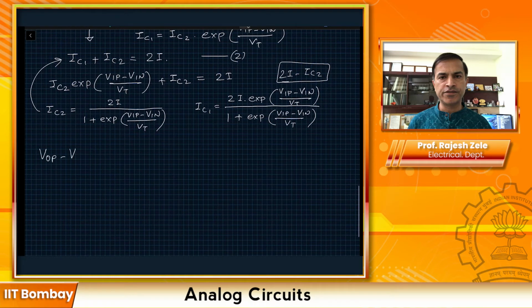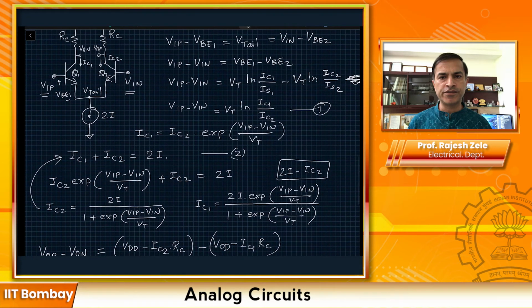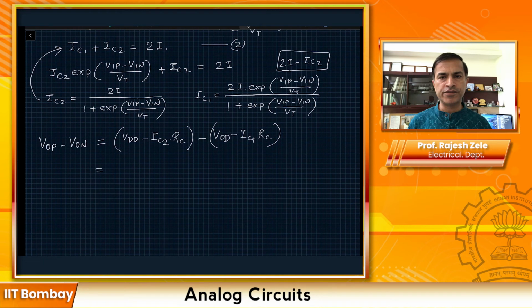VOP minus VON would be equal to VDD minus IC2 times RC, minus VDD minus IC1 times RC. Let's make sure I have chosen the correct value. So VOP, yes, VOP should have IC2 and VON should have IC1. All right, so then this equation becomes, VDD goes away, and then we get RC multiplied by